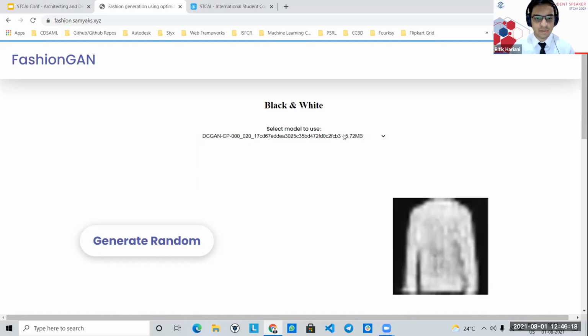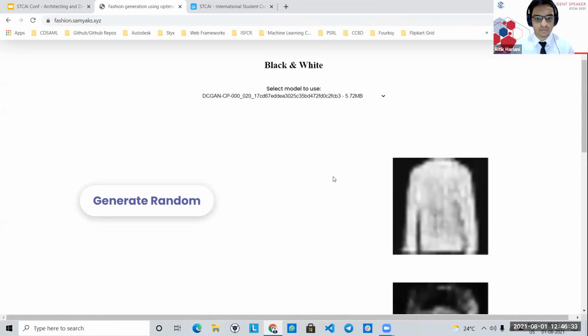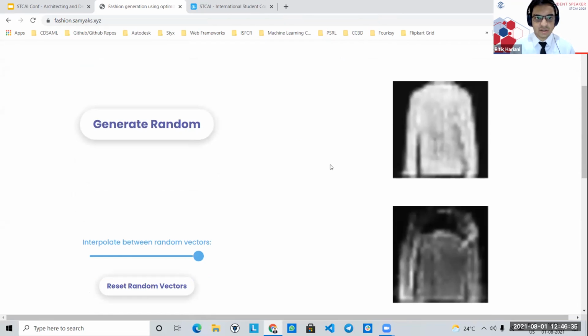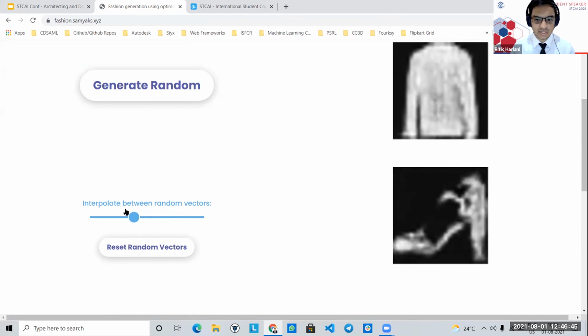But after applying LTH pruning and channel-based pruning, we have reduced the size down to around 5 MB so that it can be deployed on any kind of web app or mobile app in the near future. So let's say a fashion designer provides an image of a shirt like this, and we provide a method where we can interpolate between the random vectors and change the shirt and provide various designs.